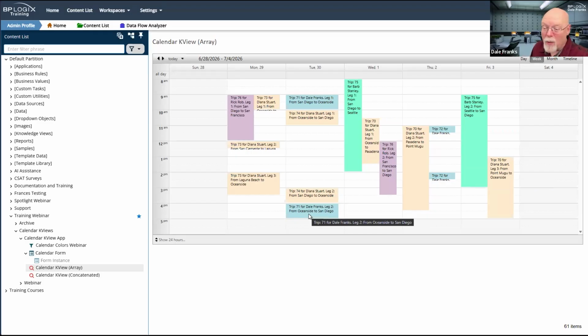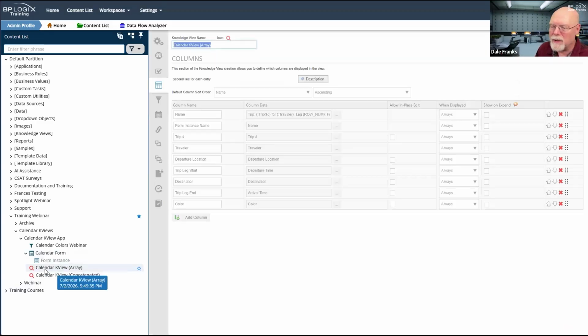But if I have an hour or longer, this is generally an okay amount of text. It gives me the information that I need. So it shows me the trip number. It tells me who is traveling, tells me what part of the trip it is, and where it went from, Oceanside to San Diego. Okay, cool. That works for me. So we're happy with this. Other than these half-hour trips, I probably got a little too much text in there to display.